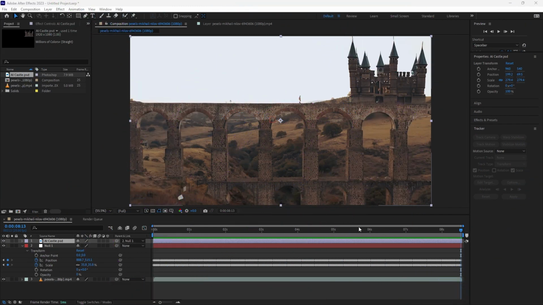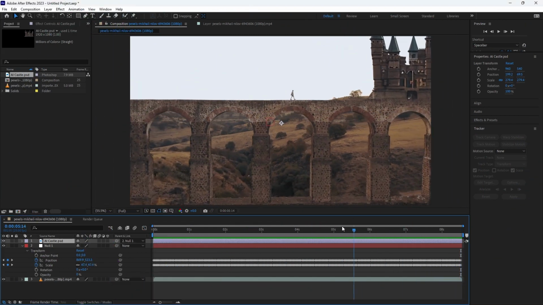In today's short video, I'm going to show you how to combine AI art with your own footage to create seamless visual effects set extensions. Let's jump in. Okay, so here is the final shot of what I created, guys,